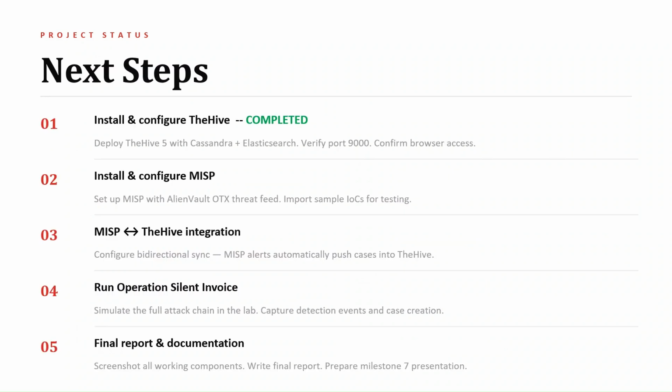So here are our next steps going forward. Step 1, TheHive installation is actually now complete. We successfully installed TheHive 5 with Cassandra and Elasticsearch, verified port 9000 is open, and confirmed browser access from Kali. So this step is done as of this milestone. Step 2, our immediate next priority is installing and configuring MISP on the MISP server. Once MISP is up, we will connect it to AlienVault OTX as the external threat feed and import sample